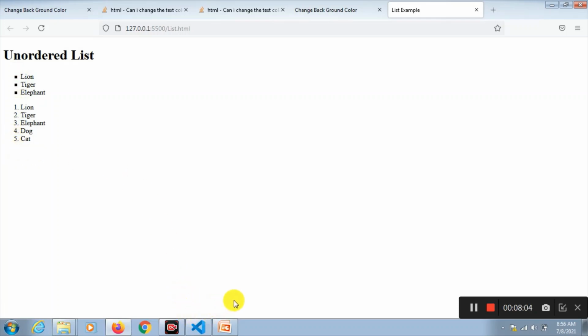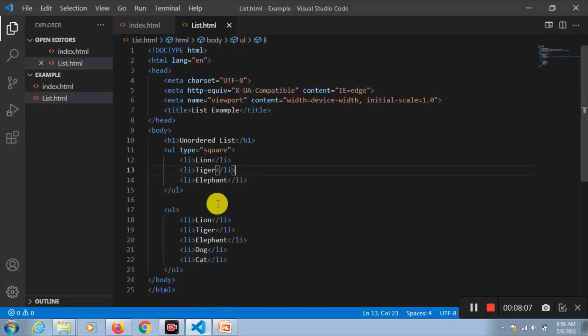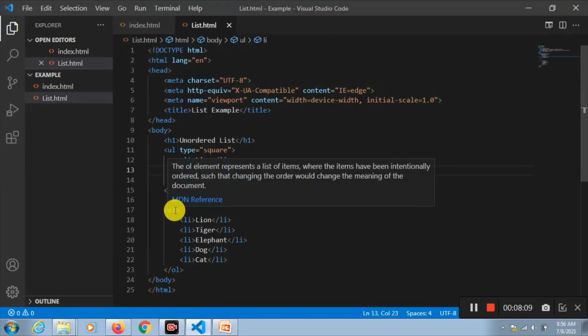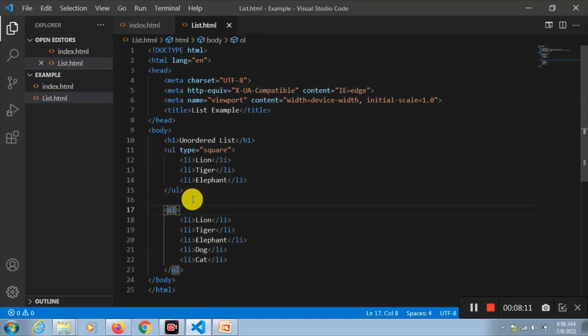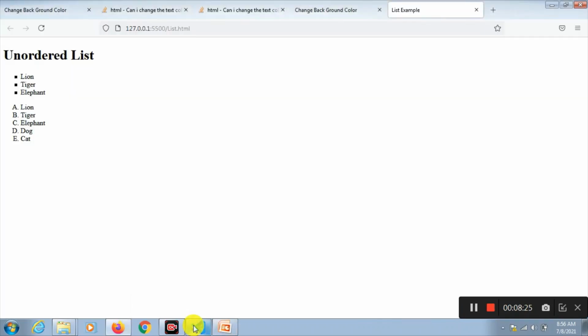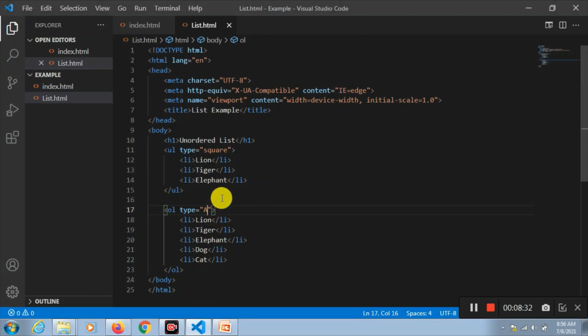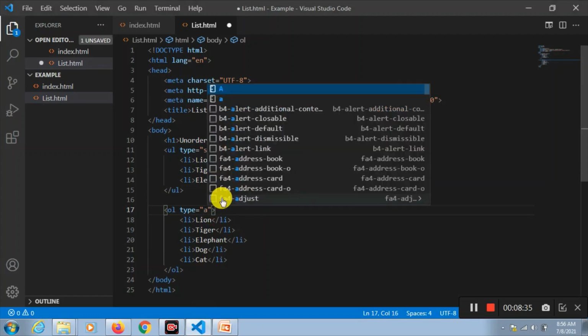Here also you can make some changes, like you don't want 1, 2, 3, 4, you want A, B, C, D. Then you have to write here type equal to, let's say, capital A. Once you write capital A, it will come like this, A, B, C, D. If you want small a, write here type equal to small a. Save it and see.